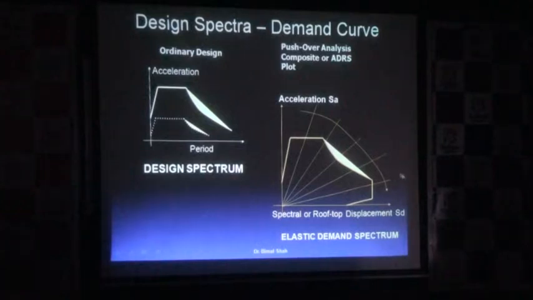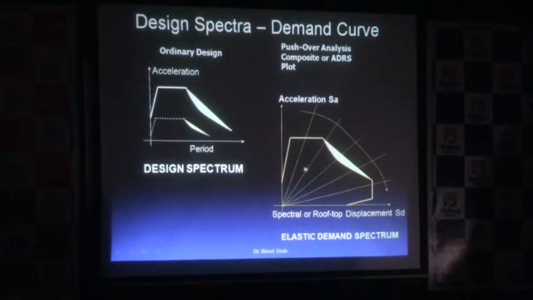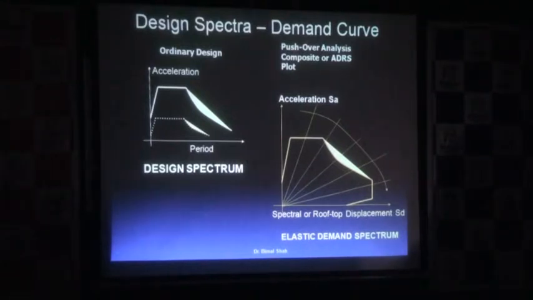Real lines which you can see here. So what will happen is that this demand curve has been converted into something which is in the same format in which we have got our capacity curve, which was in the form of force versus displacement. So acceleration is nothing but mass times acceleration is your force ultimately. So on the vertical axis you have got your force, and on the horizontal axis you have got your displacement,